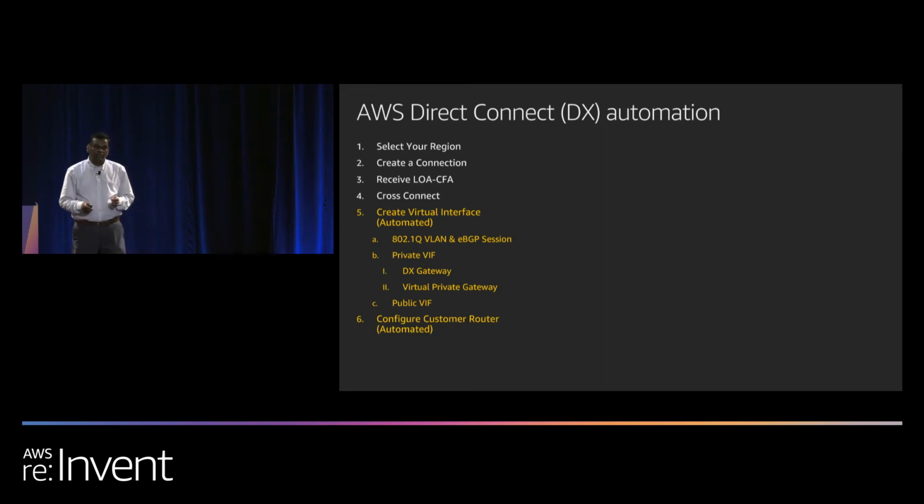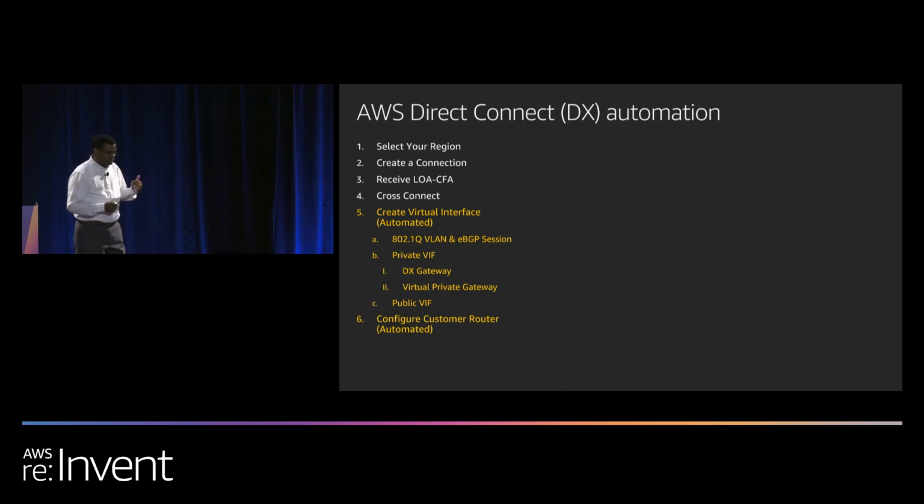Now what we are doing, which will also be available shortly, is how to automate Direct Connect. We heard loud and clear from a lot of customers, especially if you are doing multi-tenancy, that Direct Connect automation becomes a core component, along with how to get visibility end-to-end when you are trying to troubleshoot any application interconnect. So we looked at all the steps and the sequence of Direct Connect, and then we said, okay, where does it make perfect sense to do a complete end-to-end automation?